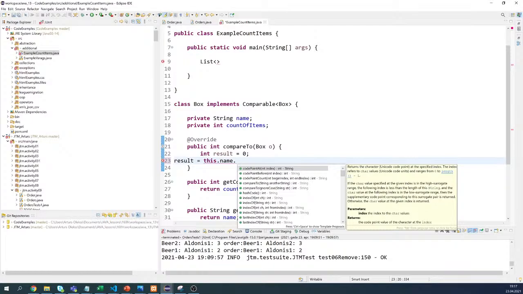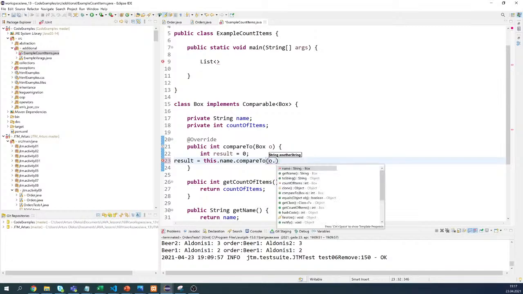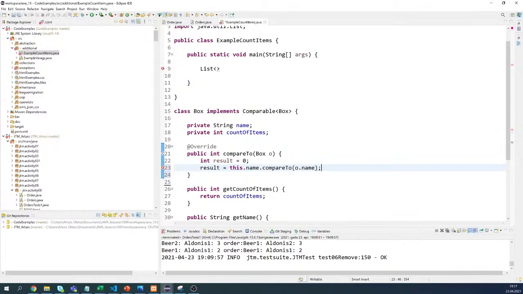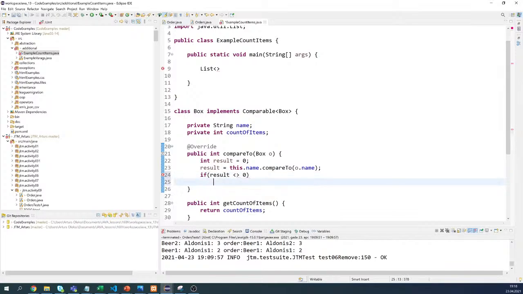So that will be this name compared to the name from the object. So if result is greater than 0, or basically not equal 0, then we need to compare the